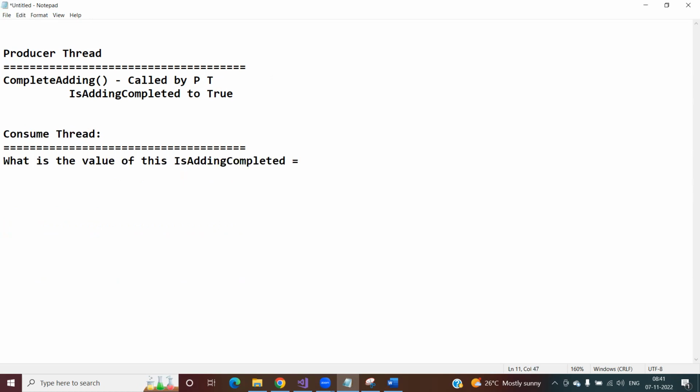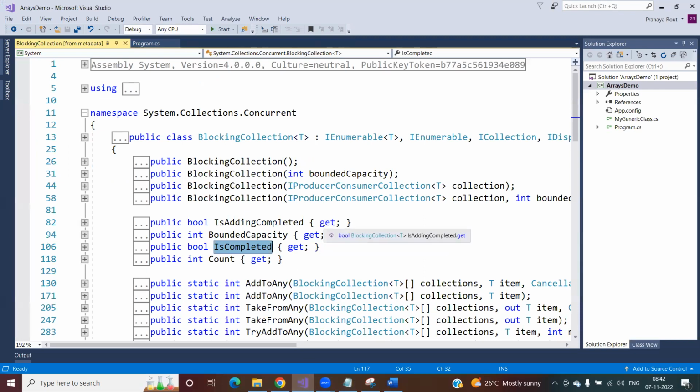It might be true or false. Then what it will check is whether the collection is empty. Is the collection empty? Again, here it will get a true or false, right? So if you see,